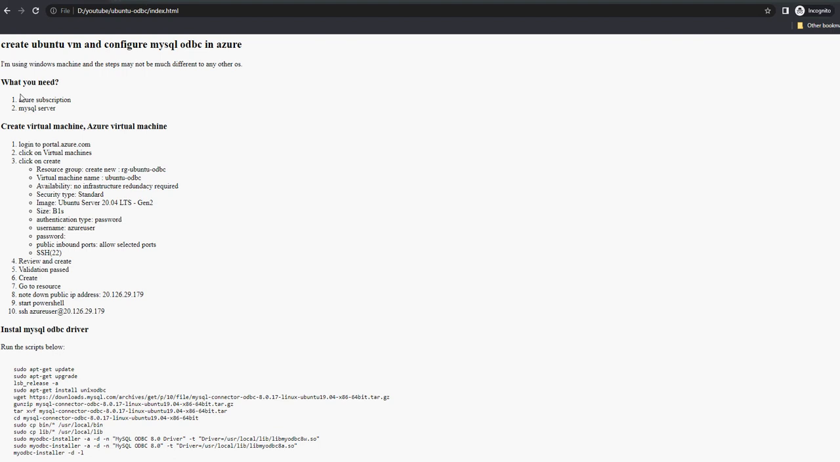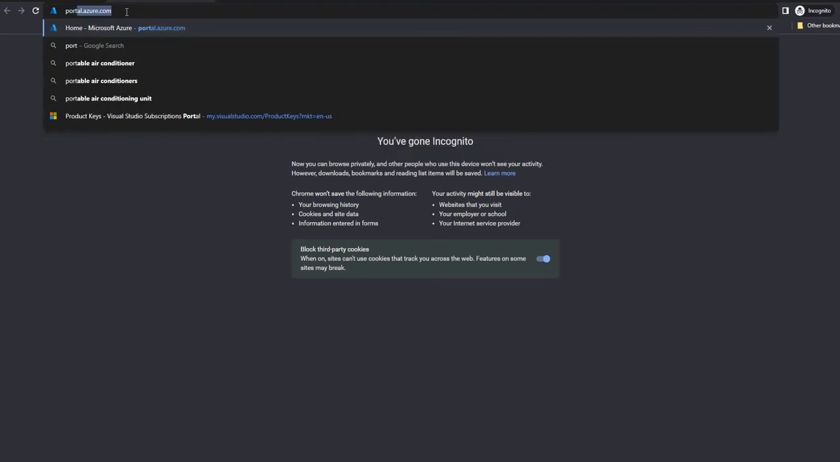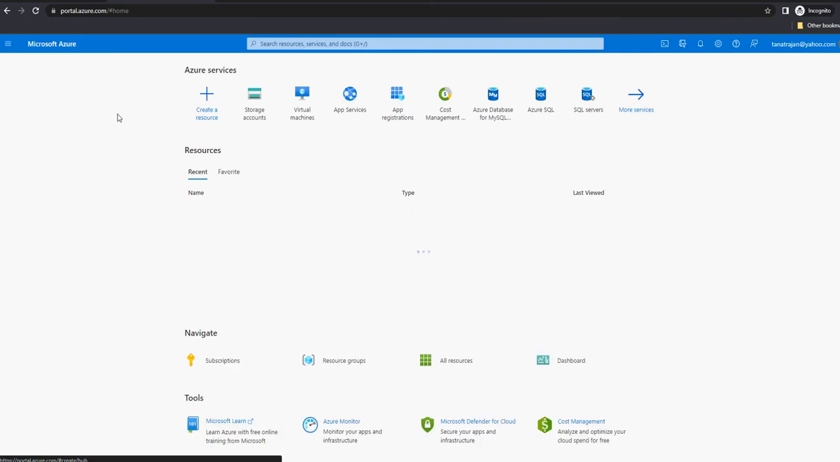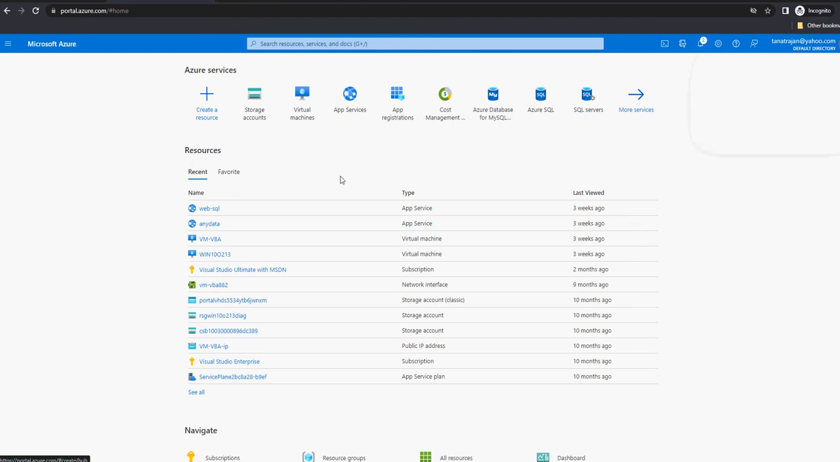So what you really need is only two things, the Azure subscription and MySQL server. Let's get started. So I'm going to my portal.azure.com and this is my portal. I'm going to create a new